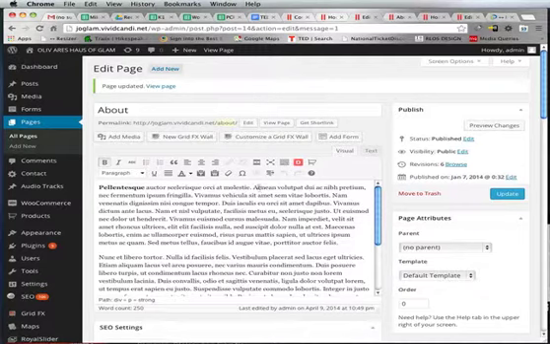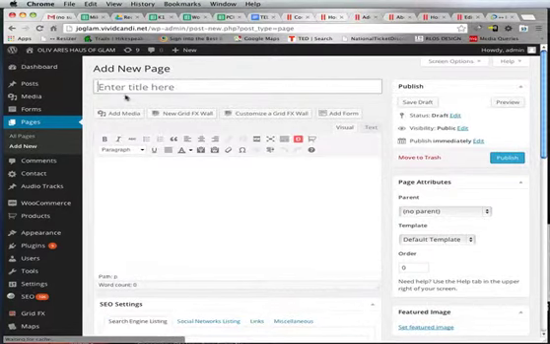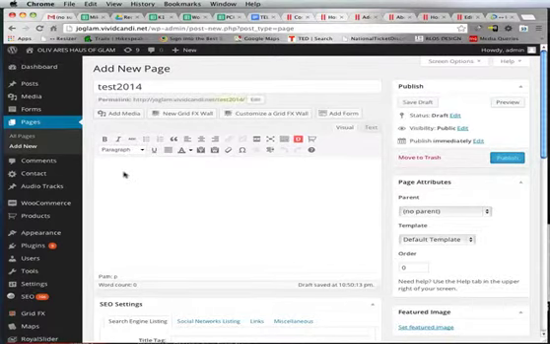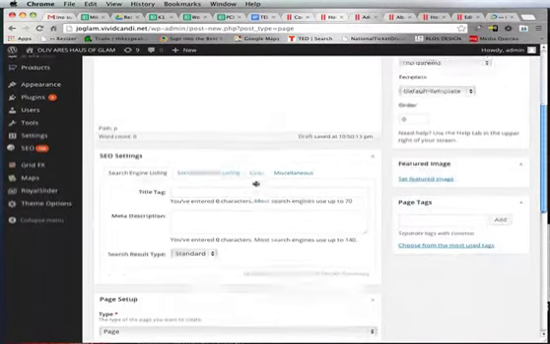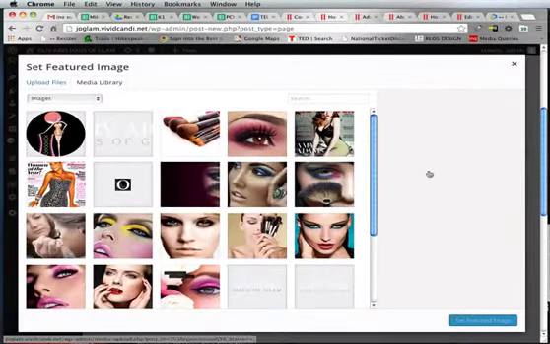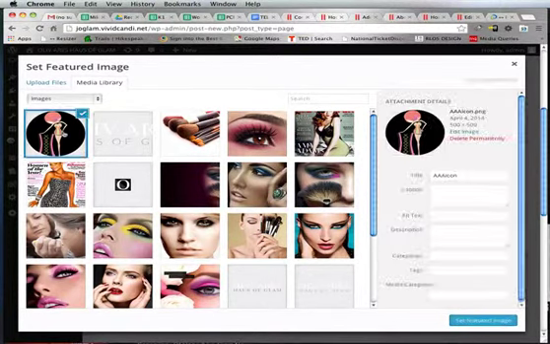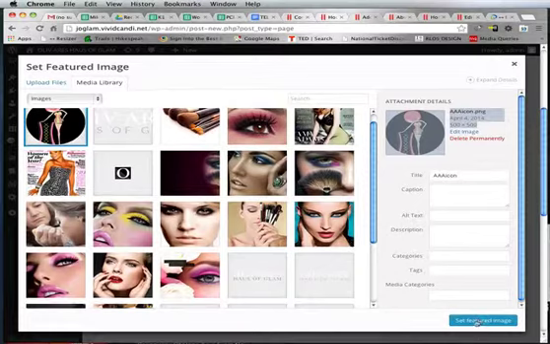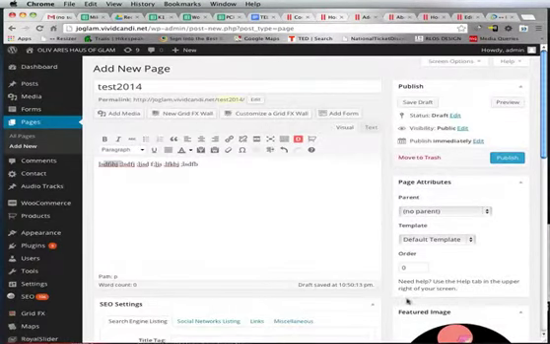Let's say that in the future you want to add another page. You just click add new page. We're going to name this one Test 2014. Again, in this area you can copy and paste the text, or you can just write the text yourself. You can control the text format with these bullet points and all these small attributes that you get with WordPress. I'm going to select the feature image for this page, and that's going to be this small image that I have. You have to understand that this image is 500 pixels by 500 pixels, so the chances that this image gets distorted are really big. So I'm going to set the feature image, click publish,